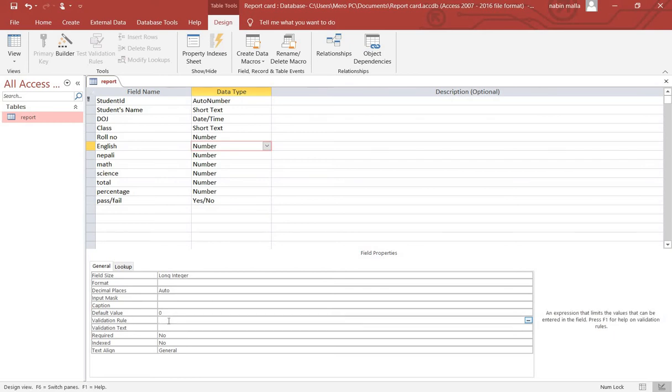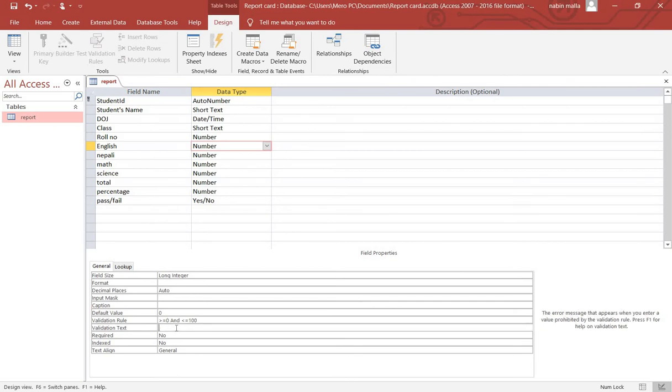Validation rule: the marks should be greater than or equal to 0 and less than or equal to 100. So in this case, MS Access won't allow you to enter marks beyond this range,